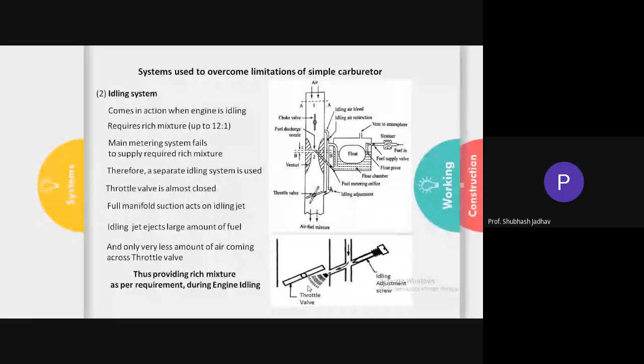But when you unscrew this, you pull back the screw out. At that time, what you are doing is allowing more fuel to go, and when more fuel goes inside, that means you are providing a greater quantity of rich mixture. And since the mixture quantity